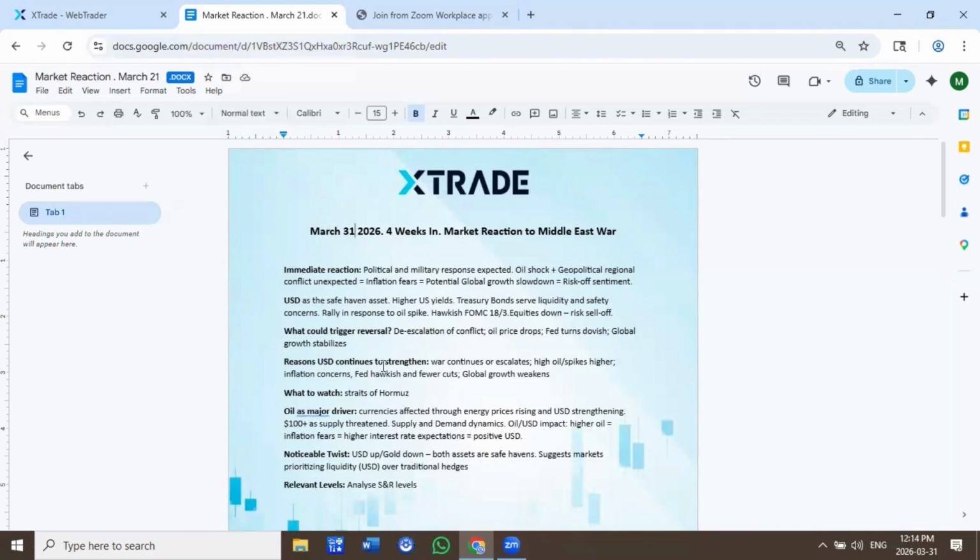Reasons why the US dollar would continue to strengthen: the war continuing, even escalating, high oil prices and spikes in the oil price like we've seen, all leading to inflation concerns. The Fed remains hawkish, takes cuts off the table, doesn't talk about rate cuts, and global growth continues to look weak and uncertain. A strong indicator of which way this will go is the situation we see, the Straits of